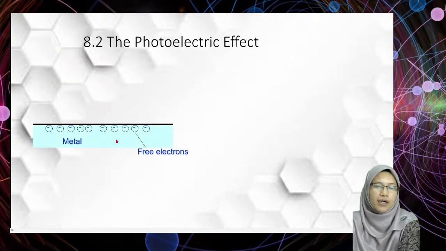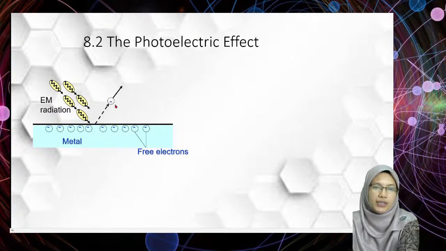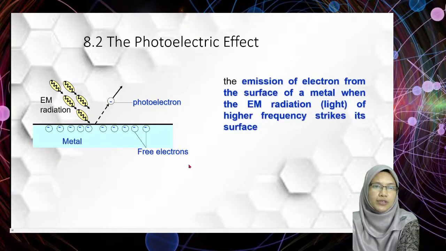Now consider we have a metal which consists of free electrons, then electromagnetic radiation with a suitable frequency strikes this surface, and what will happen? The electron will be ejected. This ejected electron we know as photoelectron. So this process or phenomenon we know as photoelectric effect,